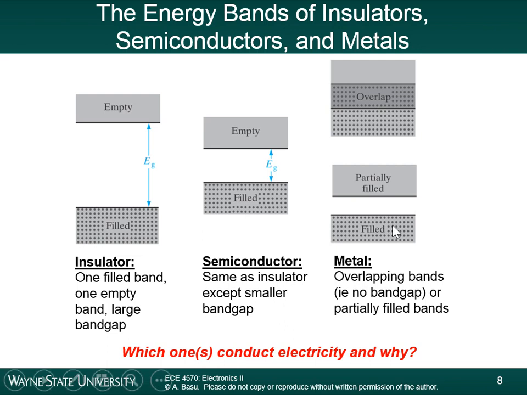The difference between the semiconductor and the insulator is that if the semiconductor is placed at room temperature, or some temperature above absolute zero, this energy gap is small enough that an electron could jump from this band into this band. If that happened, what would happen? If that happened, how would that create conduction? There will be a partially filled gap